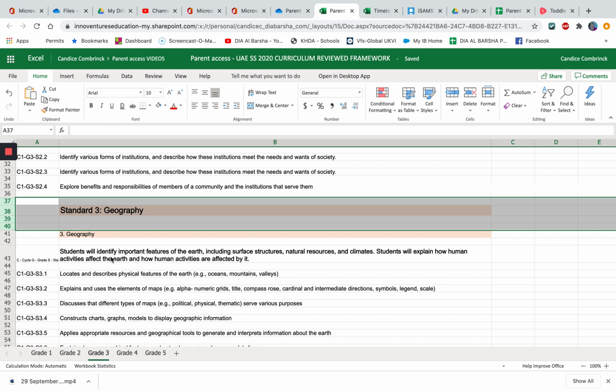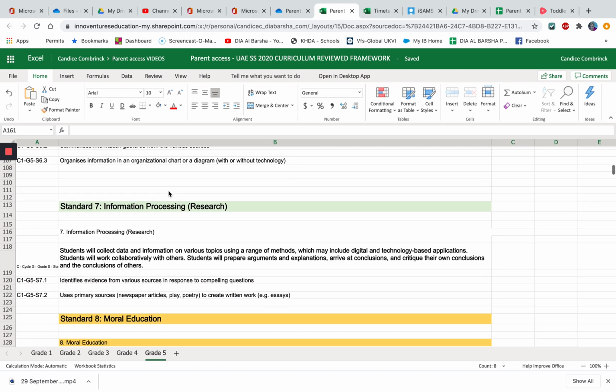Closer towards the end of November, we sometimes put a pause on our current unit of inquiry, and we do a lot of UAE Social Studies because it's a rich time in the UAE's history. We have the UAE National Day celebrations, Commemoration Day, the establishment of the UAE, and UAE Flag Day. We try and link as much as we can to these events so that the students can see why we are doing it, that it's not just learning a piece of information, but why are we doing it?